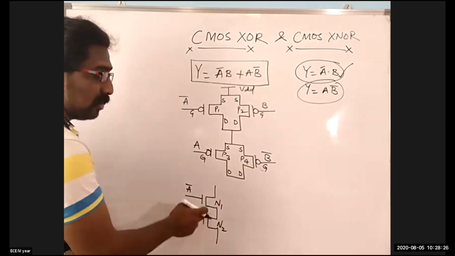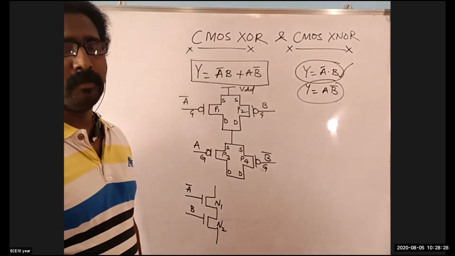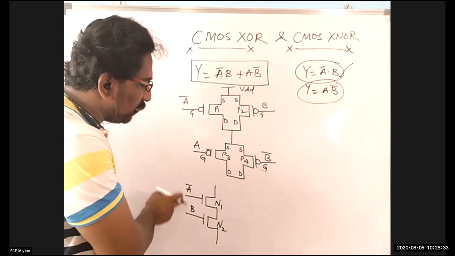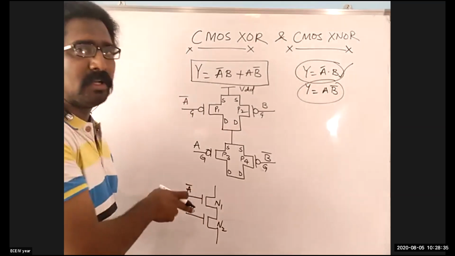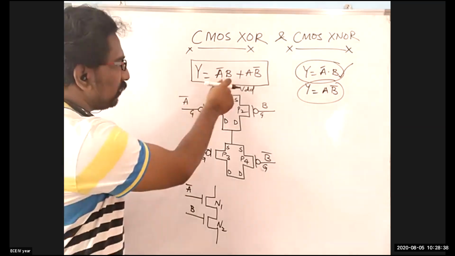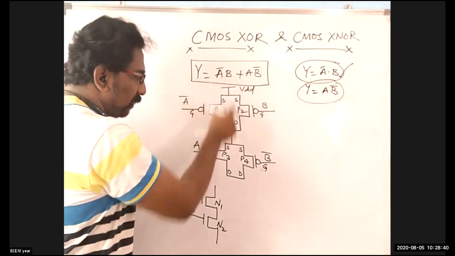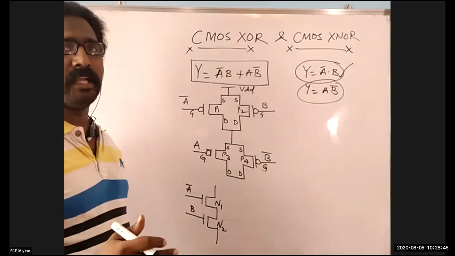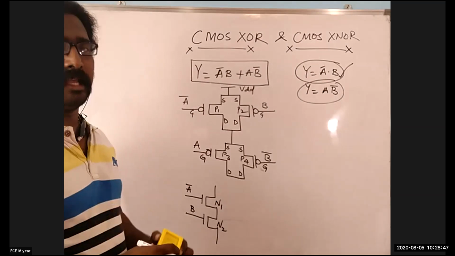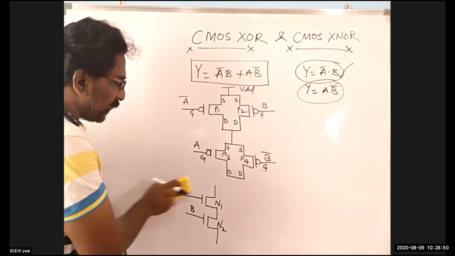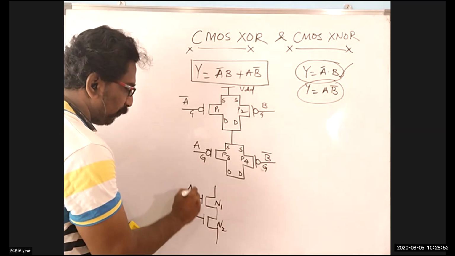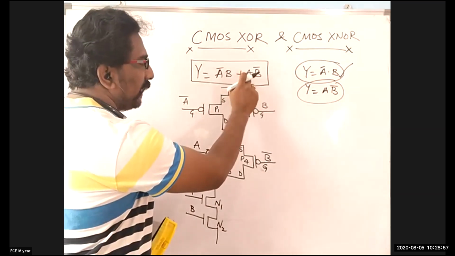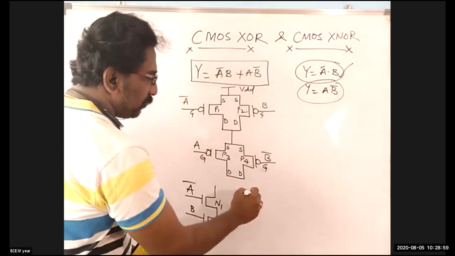Always keep in mind the naming of the transistor is very important. Many students make mistakes while naming the input signal which has been fed to a particular transistor. If you're drawing for this particular dot product, first you draw the dot product of any of the transistors, whether it's PMOS or NMOS, then immediately try to name that signal at the gate. So now this is equal to A bar B. Now in the same way, another set is A B bar. Again, I'm trying to draw it as A B bar.